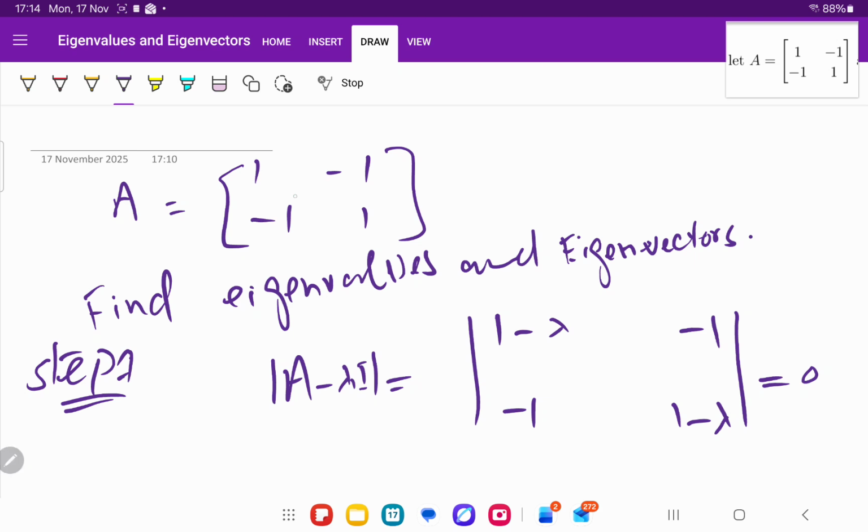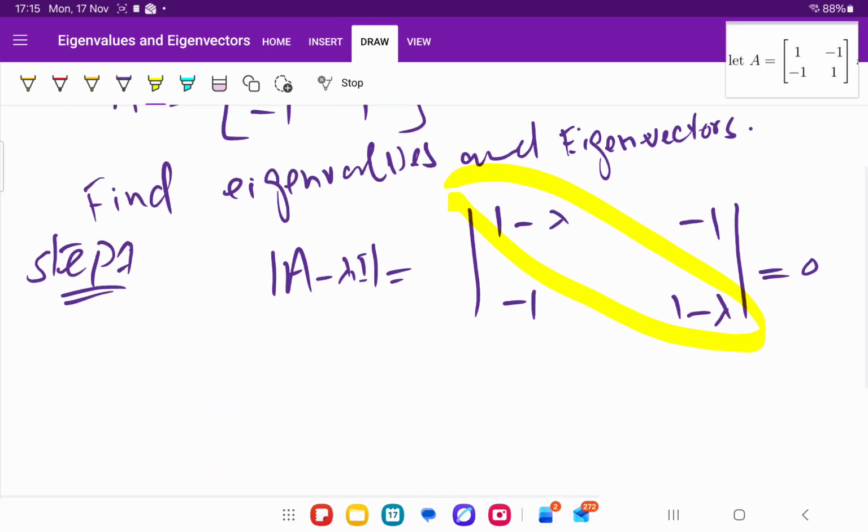So we will write the same matrix in determinant form and subtract lambda from the first diagonal. This is called your first diagonal. So you only have to subtract the lambda from the first diagonal. Done. And after that, you already know the process of solving the determinant, because this is a 2